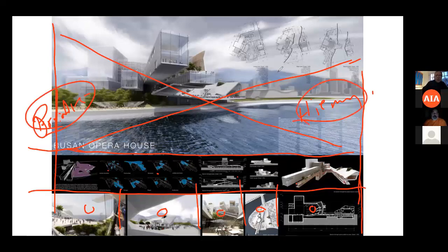This says hierarchy. You can do it by size. You can do hierarchy by shape. You have all these things, and all of a sudden, that calls attention to itself. That calls attention to itself by size, or you can do it by placement, right? You've got 3 things, and now this is off to the side. So as you start to coordinate and do your boards, one of the most important things that you start to do, and I'll call it a grid,